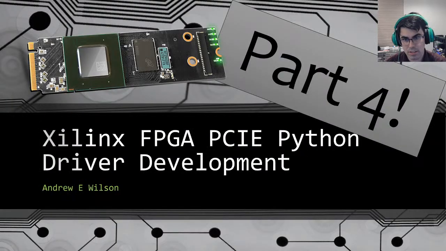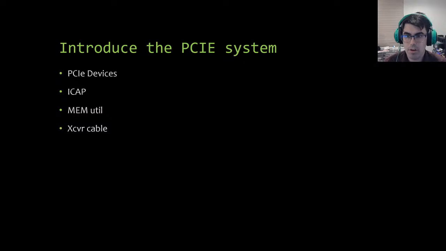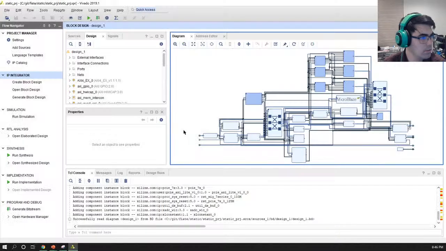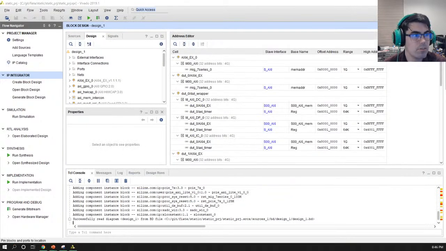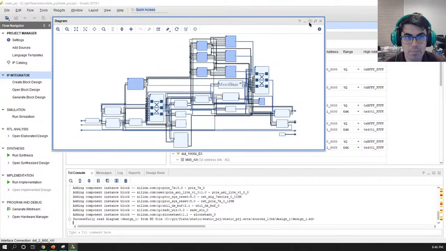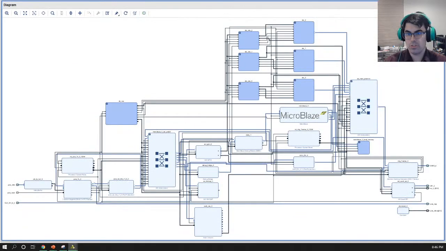So going back here, we're going to do a quick review. We have our PCIe system. Let us make this full screen. Pop it out and make it full screen. Will that work any better? So